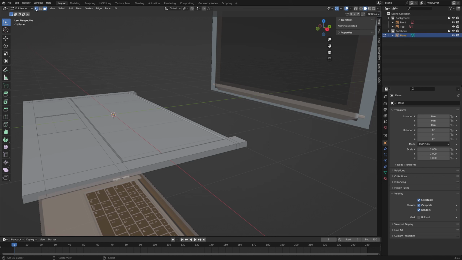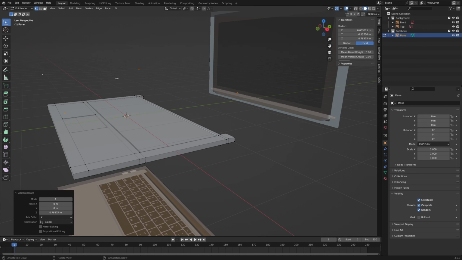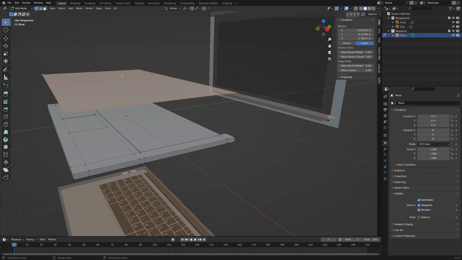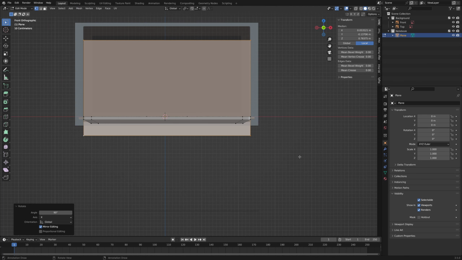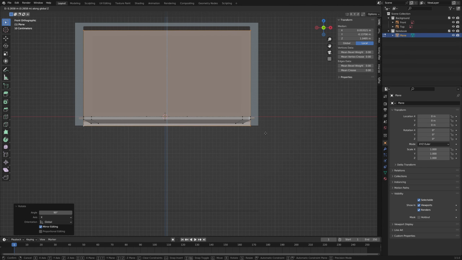Switch to vertex select mode and select the outer edges of our case. With Shift D and Z we duplicate the vertices and move them up. With F we can insert a face again. Press 1 on the keyboard to go to the front view and press RX90 to rotate it 90 degrees around the X-axis. With GZ we move the screen plane upwards